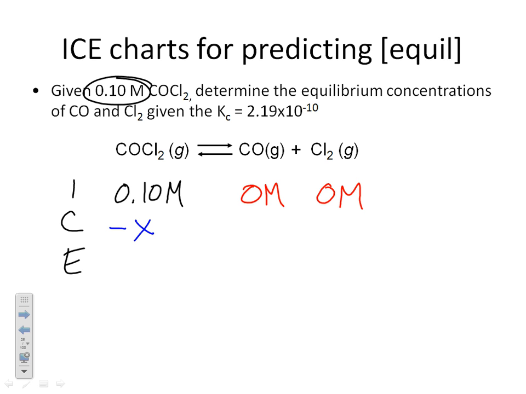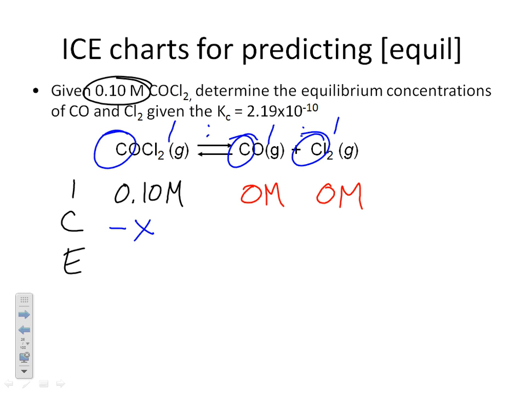We cannot put in any additional numbers. So we're going to basically make that statement that we don't know what it is, but we're going to call that change X. Then, remember that the change is tightly linked to the stoichiometry of the problem. We're going to use the fact that the COCl2 has a coefficient of 1, the carbon monoxide also has a coefficient of 1, and the chlorine gas also has a coefficient of 1. These are in a 1 to 1 to 1 relationship, which means that if the COCl2 goes down by X,